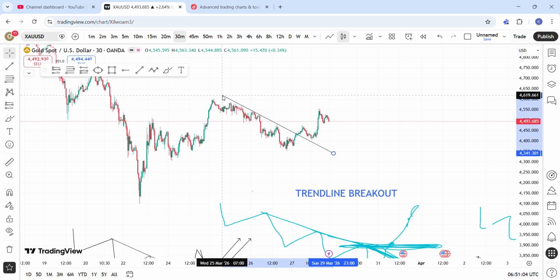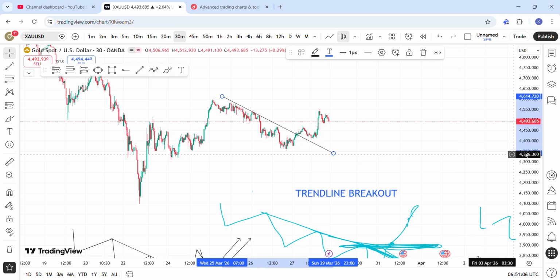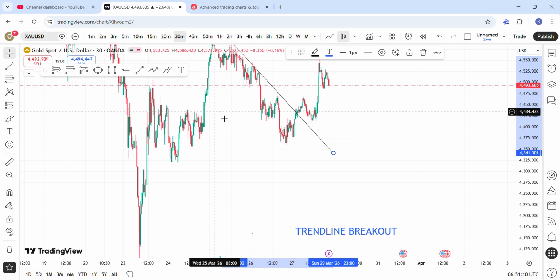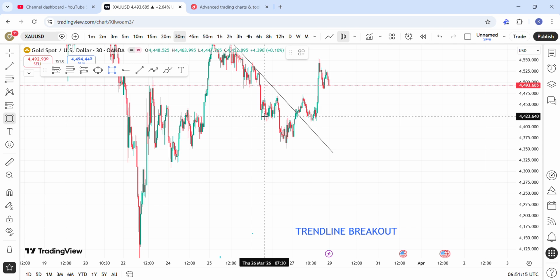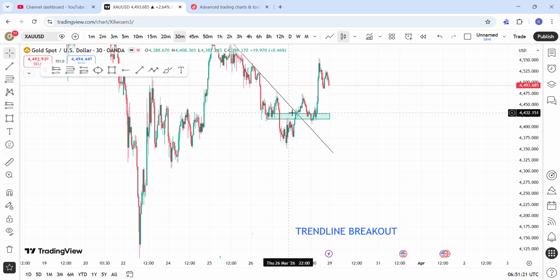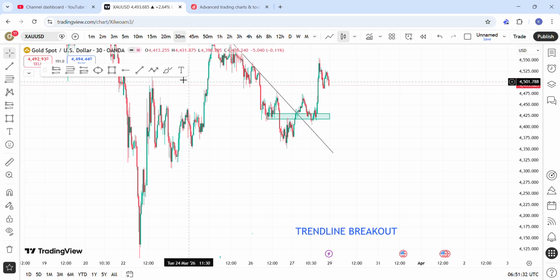So this is our trend line. We'll see what happens here. See this one. You see, price broke out here with a clean body candle, but it's then retested before the major push. So if you are taking this from here,